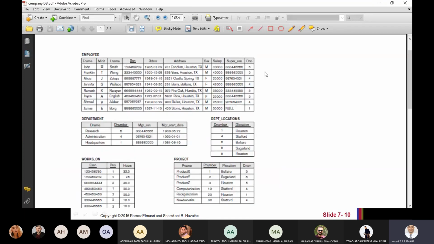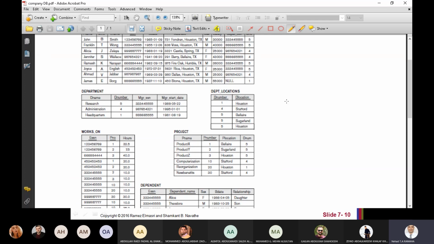Okay, so first part, we need the project that this employee with this number 1, 2, 3 until 9 work on it. So from works on, we will return the tables that have ESSN.